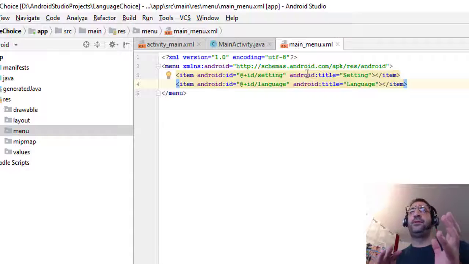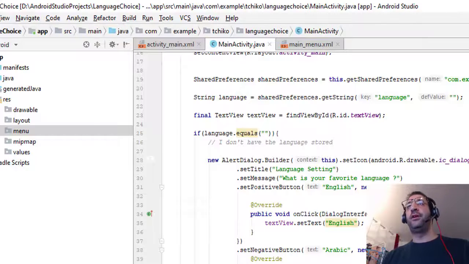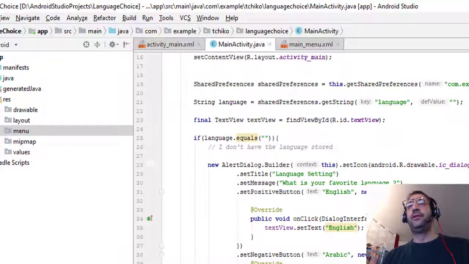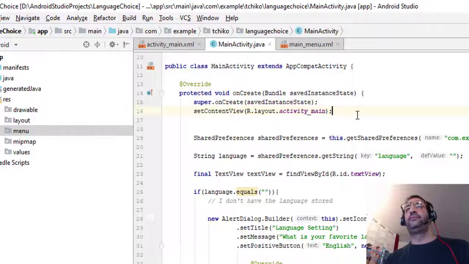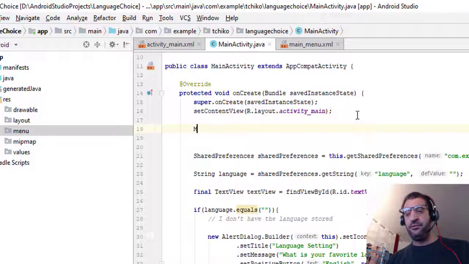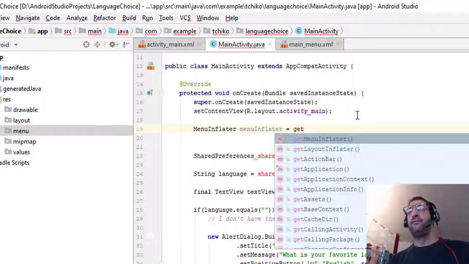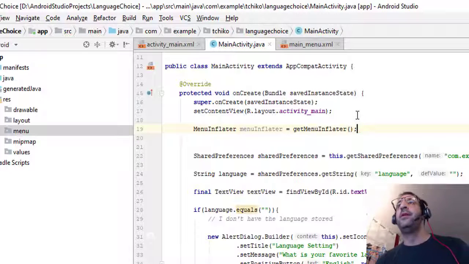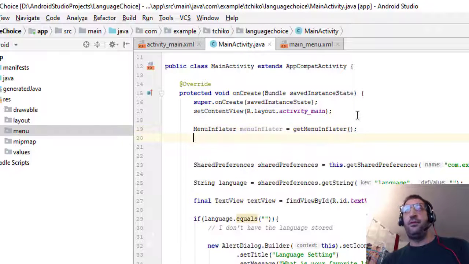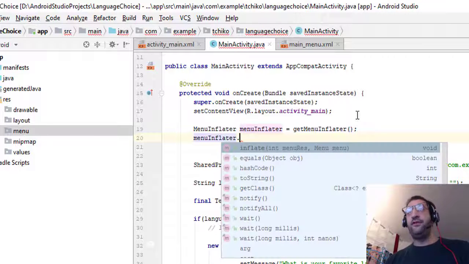Okay, now I will associate my menu to my activity. So here, when I start, I can do it here. I will call, if you remember, menuInflater. Do you remember? MenuInflater equals getMenuInflater. After this, I will make menuInflater.inflate and